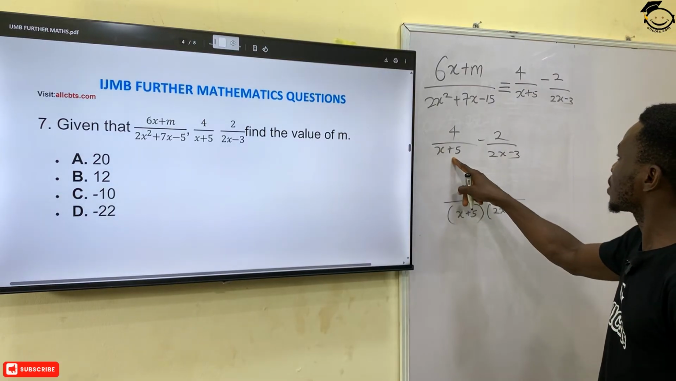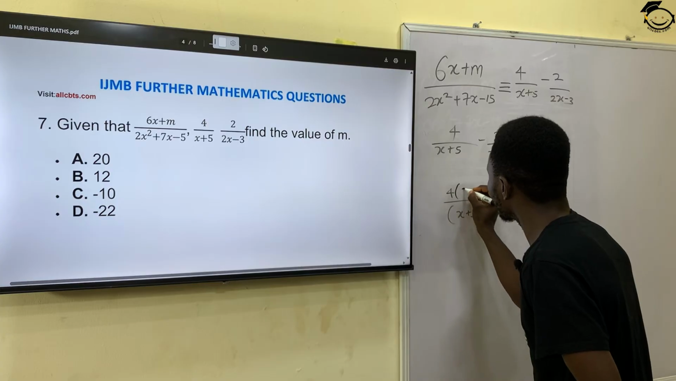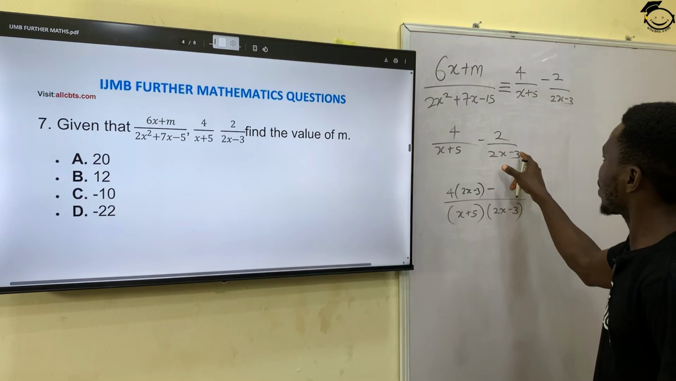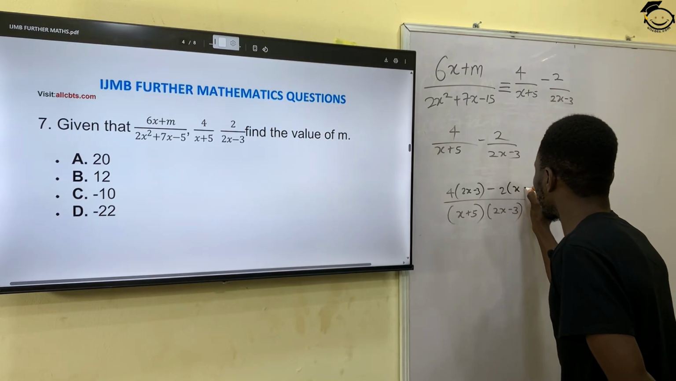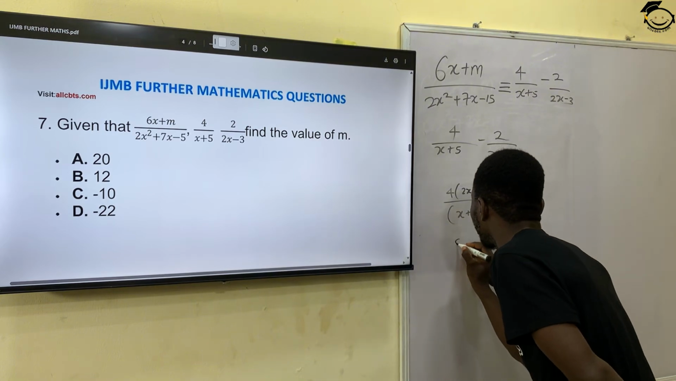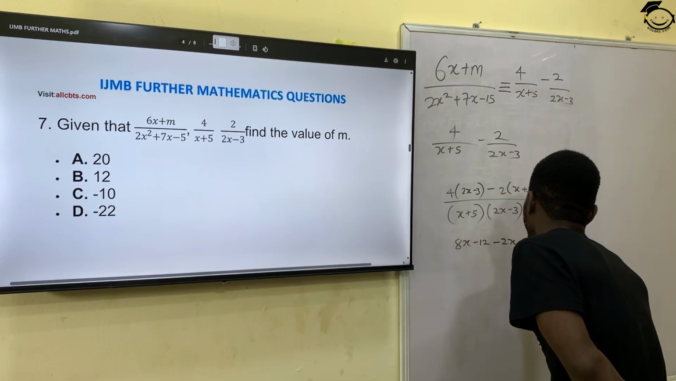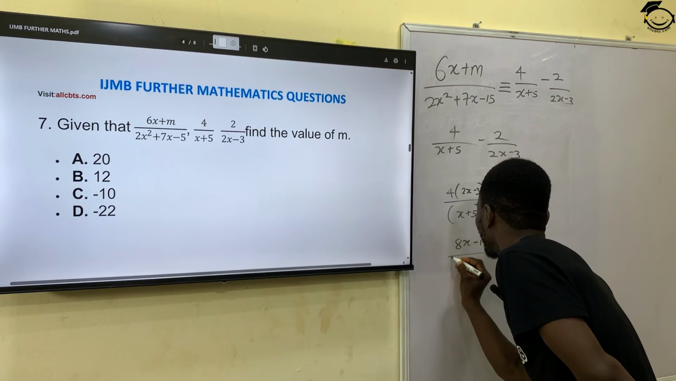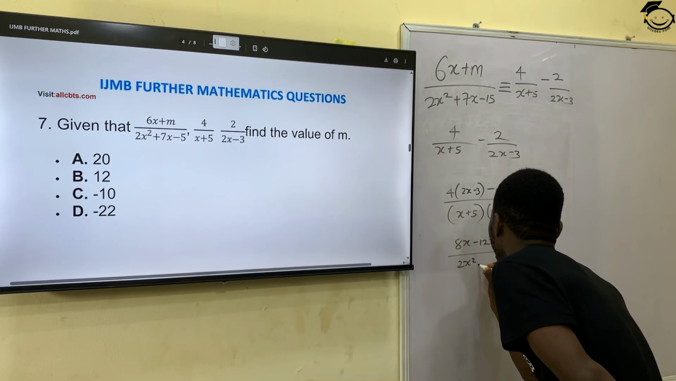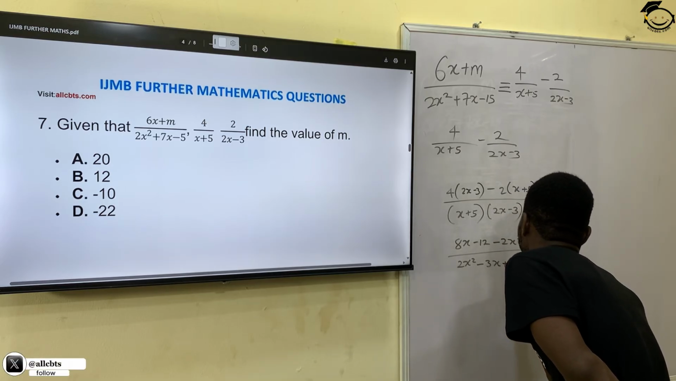So this divided by this, I'll get 2x minus 3. So I have times 4 here, I have 4 open bracket 2x minus 3, minus this divided by this, I'll get 2x plus 5 times this, I'll have 2 open bracket x plus 5. So I will simplify this. So this will give me 8x minus 12 minus 2x minus 10 all over, if I simplify this, will give me 2x squared minus 3x plus 10x